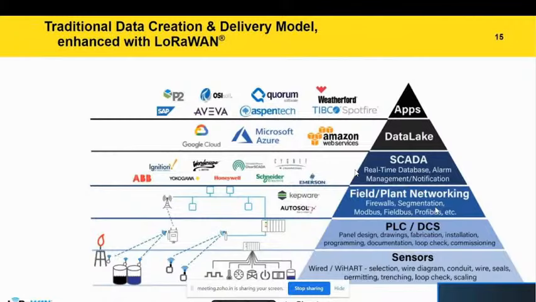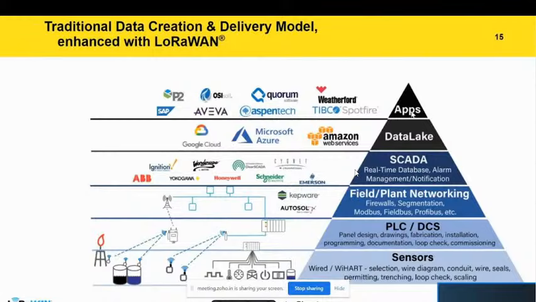These are the network backbones. Here we will have industrial switches, routers, and so on. Then we will have a SCADA system. SCADA will be ABB, Schneider, Honeywell, Siemens. We use these SCADA systems for controlling and monitoring our plant. And from here, these two are the new things. From there we can acquire data and move to cloud services for data storage and management, and IoT connectivity, like Google Cloud, Microsoft Azure, AWS, and several more in the list.